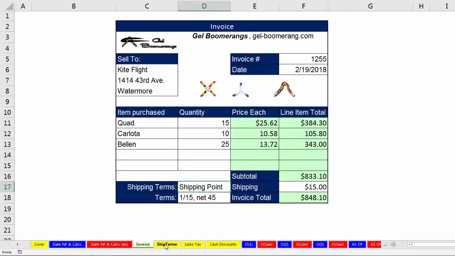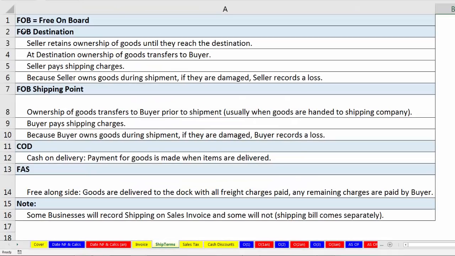So let's go over to the sheet, shipping terms. Now, FOB, what does that mean? Free on board. But really, we want to distinguish between FOB destination and FOB shipping point. What we saw in the invoice just a second ago and all of our examples in this class will be shipping point. Now, destination means the seller retains ownership of the goods until they reach the destination. At the destination, ownership of the goods transfers to the buyer. This means the seller pays the shipping charges, and if there's damage during shipping, the seller has to record a